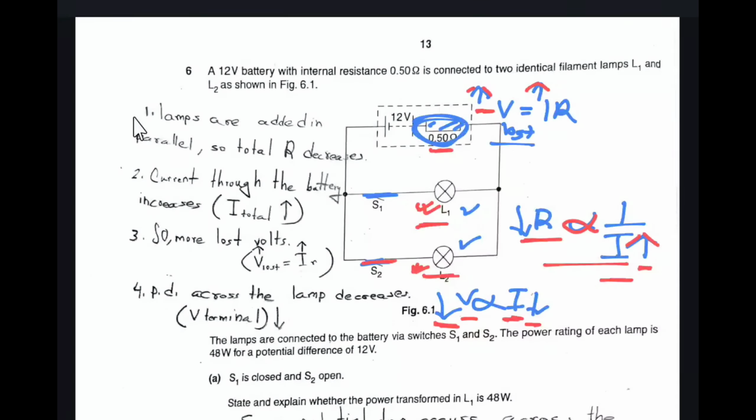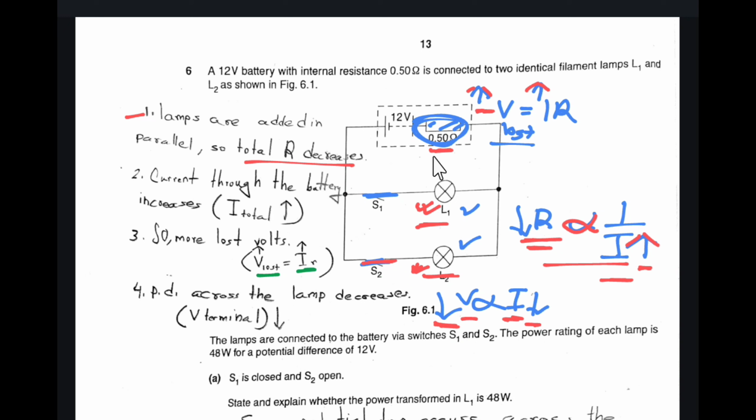Steps: in step 1, the lamps are added in parallel, so the total resistance decreases and the current through the battery increases. As resistance is inversely proportional to current, due to the decrease in resistance the current increases. Then as current increases, and V lost, that is lost volt, is equal to IR, therefore